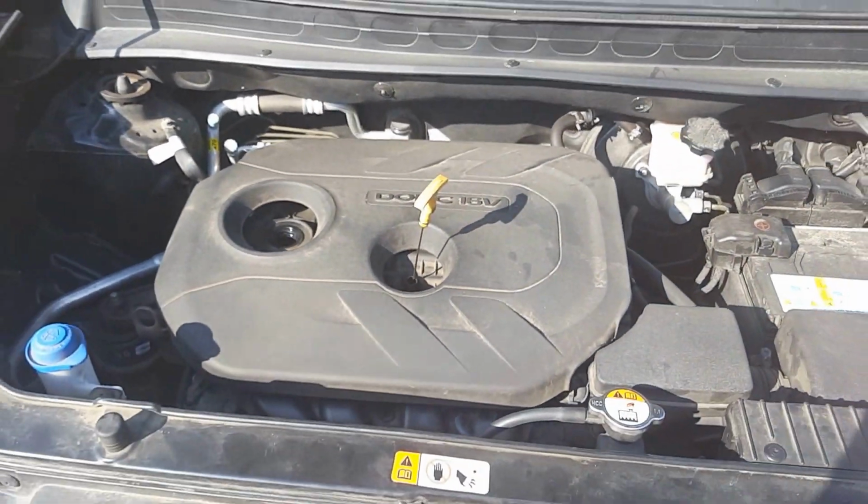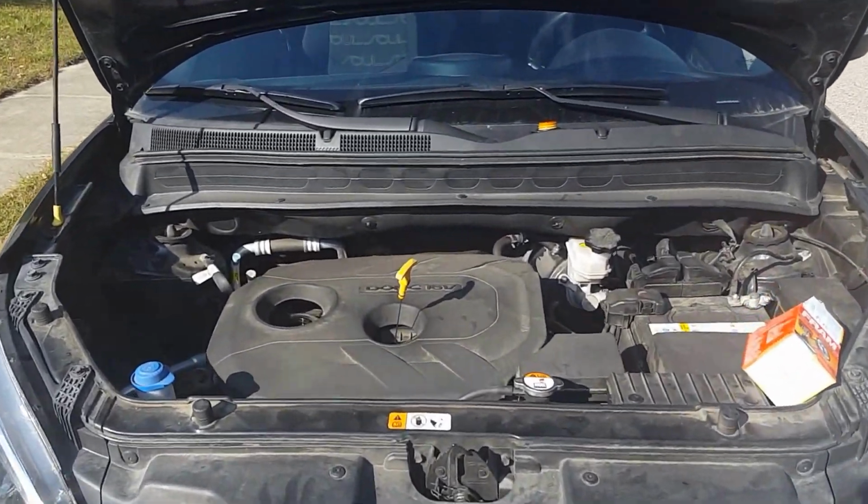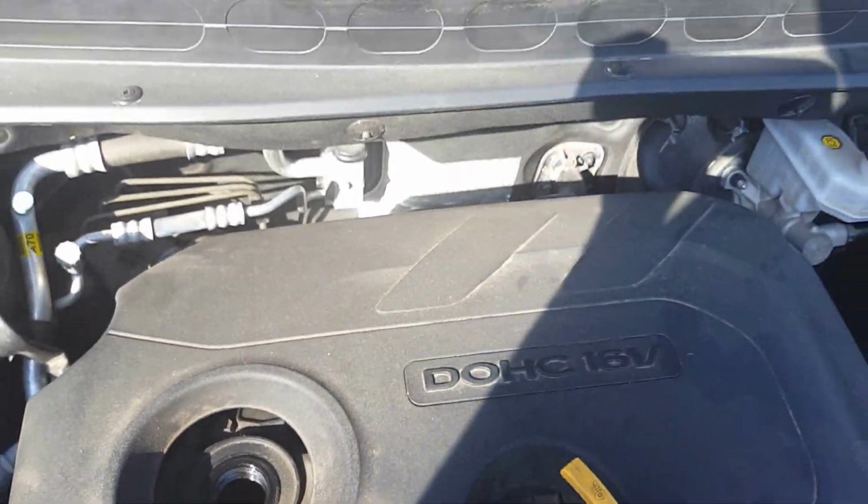How to change the oil on a 2013 Kia Soul. What you first want to do is take the cap off, pull up your dipstick, and I got little towels to lay on. And I recommend go ahead and take off the filter,